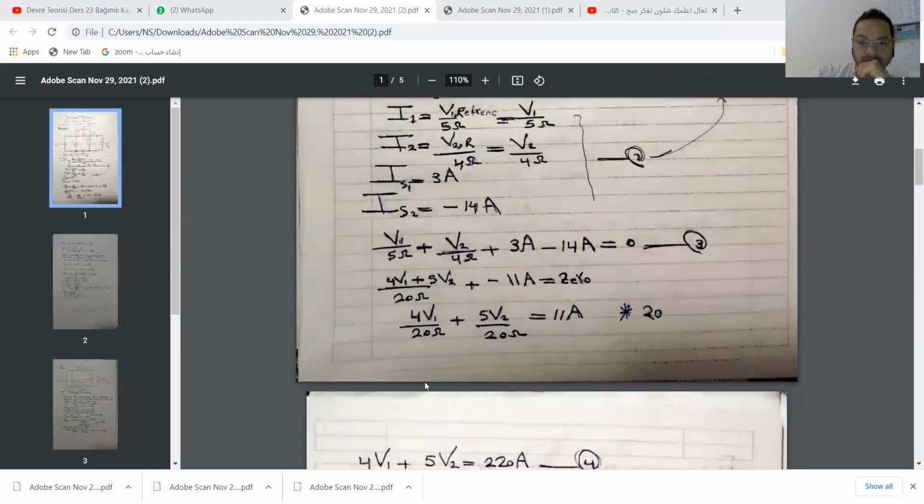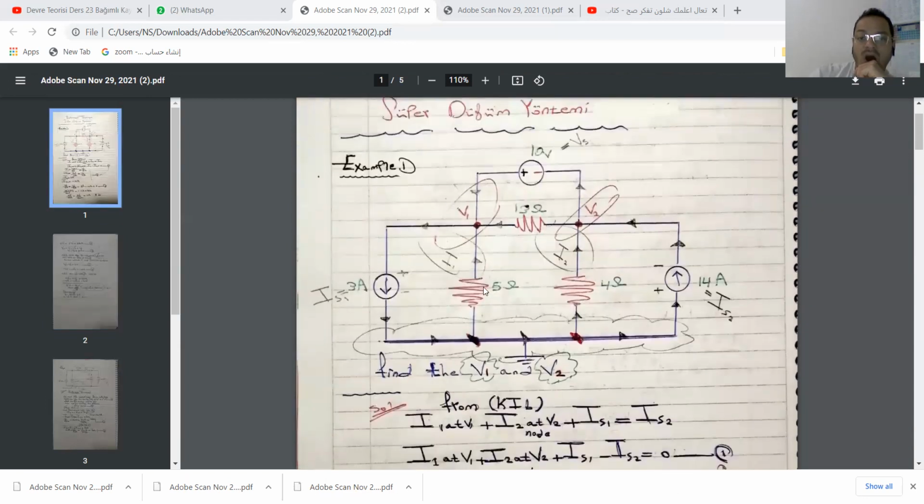Now, V1 and V2. Why did I put another node? The author can give this circuit without drawing or selecting the node, because if the author just gives us V2, I must draw V1. Why? Because